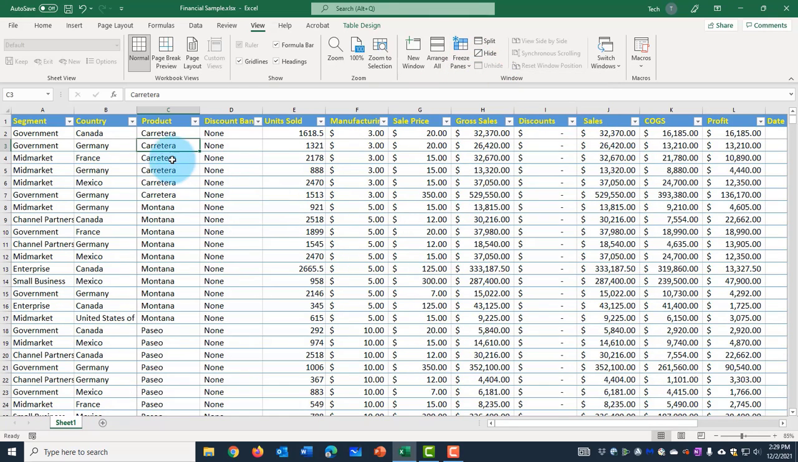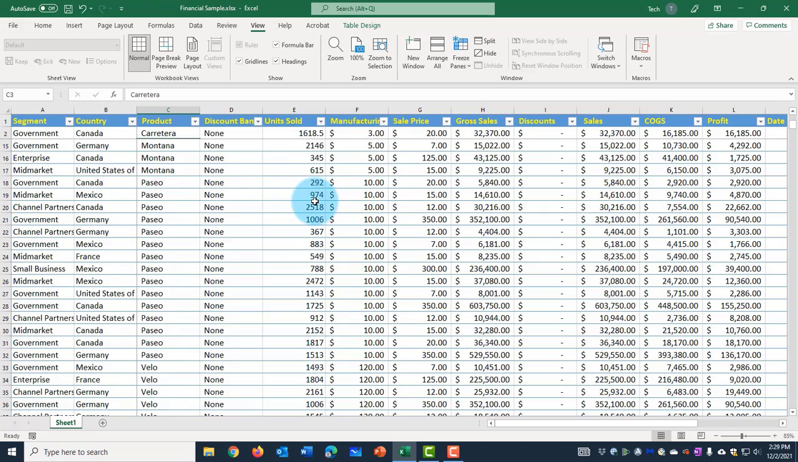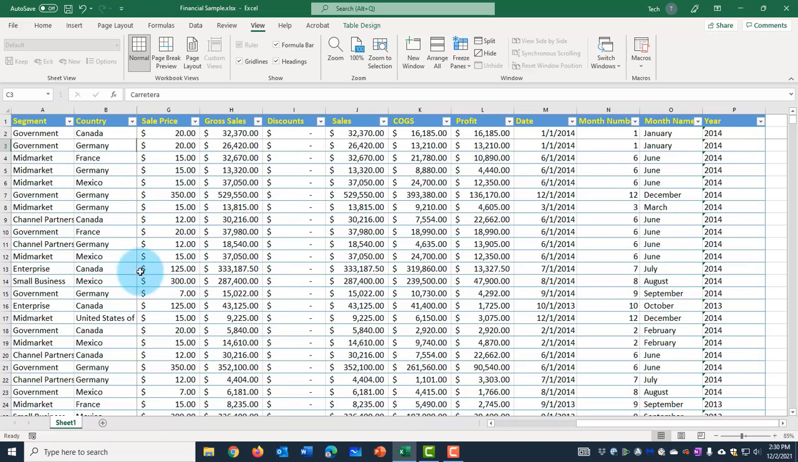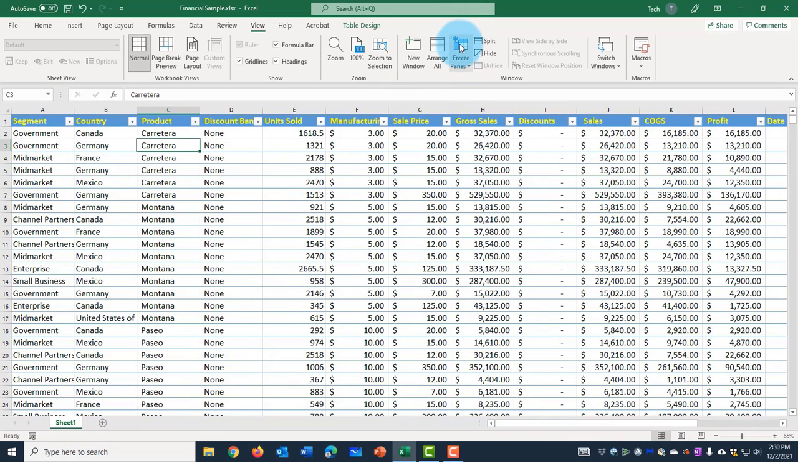Now when I scroll, you can see the first two rows are visible. And when I scroll left to right, the two columns are visible. So that's how you use the Freeze